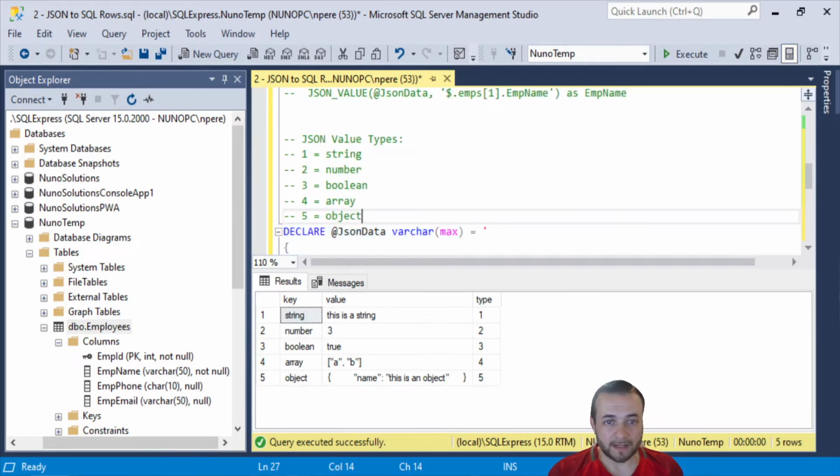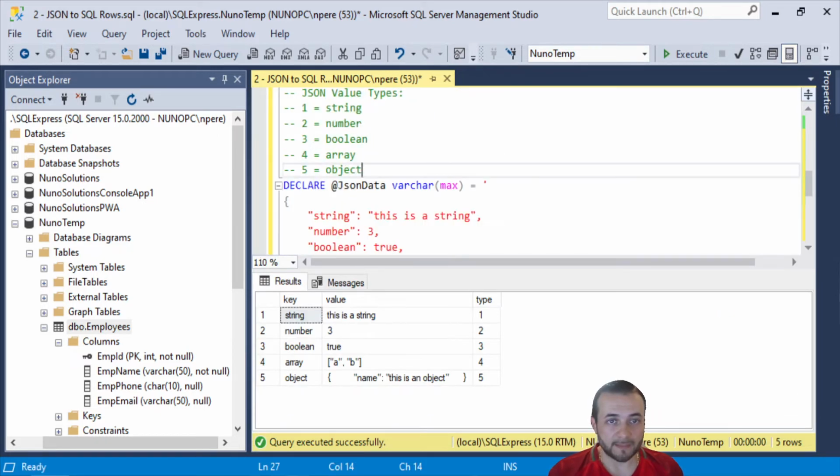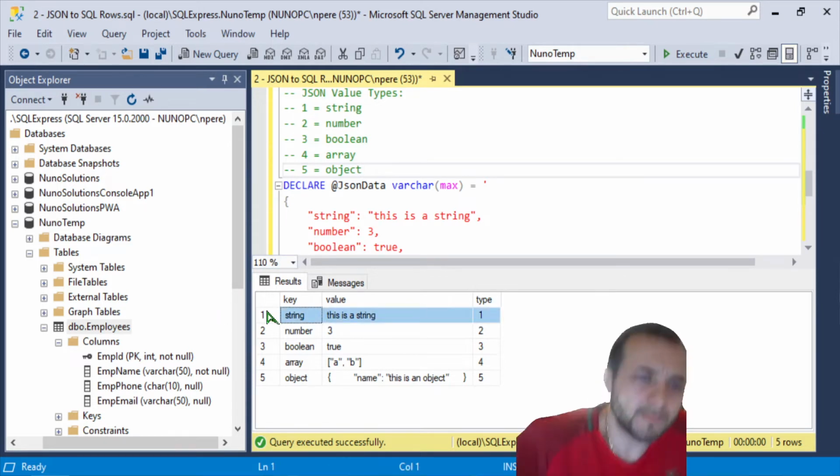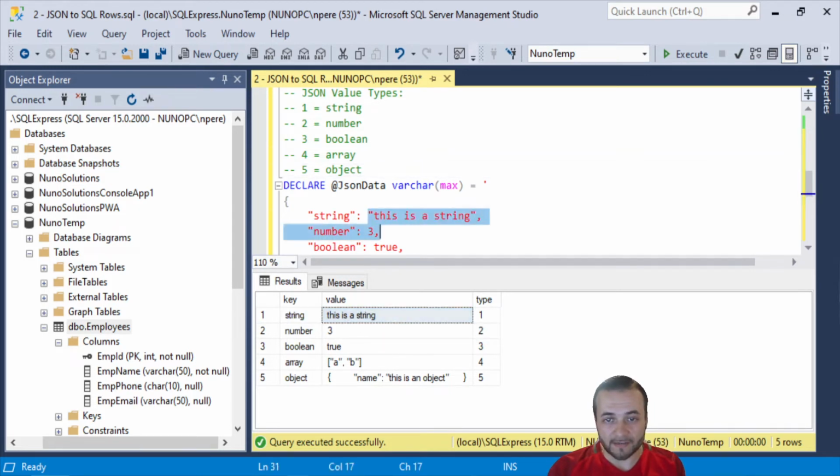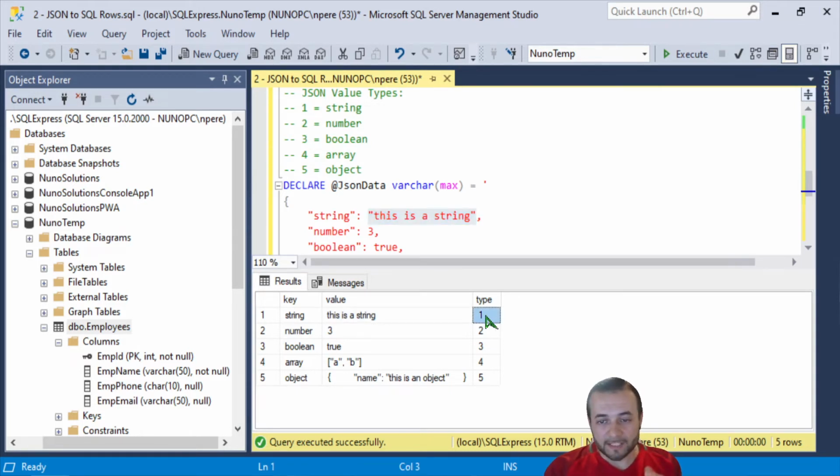Let me move back up to my JSON value types that I listed in here. So you can see here, the first JSON property that we're getting, the key name is string, right? And the value is a string, and you can see that right here, right? And the thing that I really want to point out here, and the reason why I created this JSON structure to show you, is because SQL Server identifies what value type is being returned, and it gives it to you